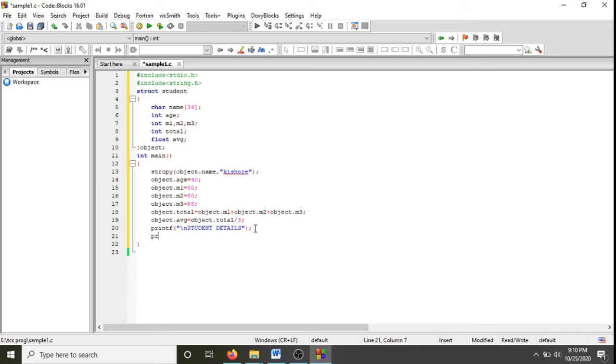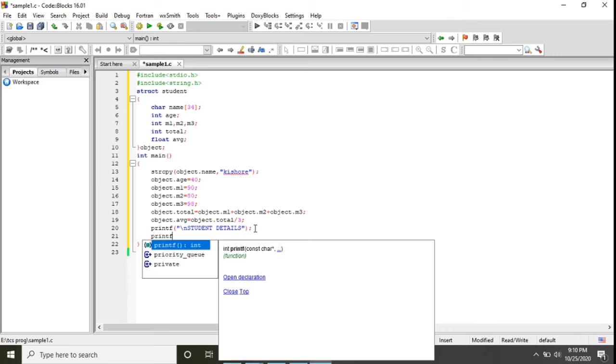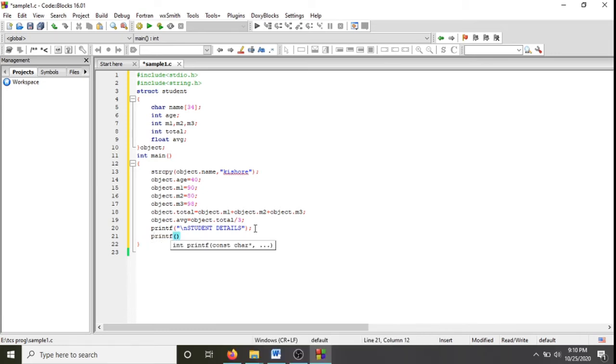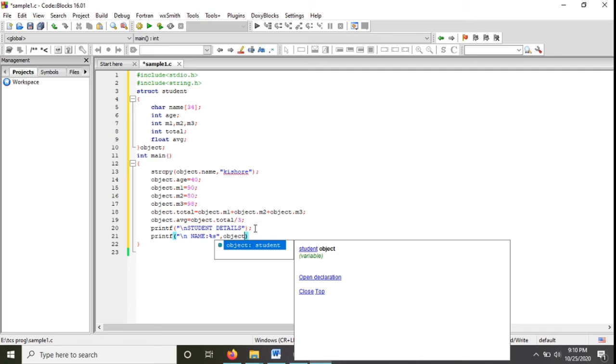Now I am going to print the details of a student one by one: name, age, and then marks, total, and then average. First I am going to print the name. Name, which I have declared under the character data type, so the identifier is %s, comma, the actual variable object dot name.